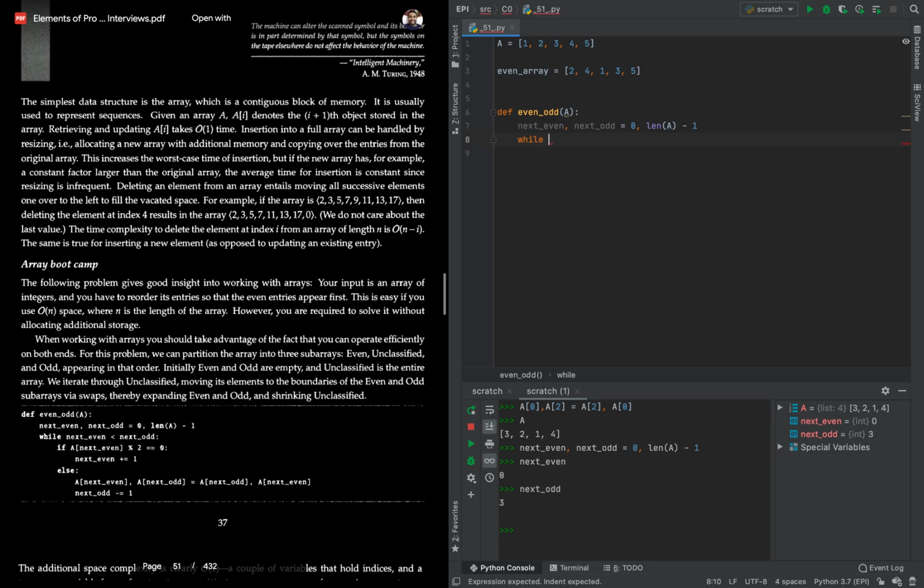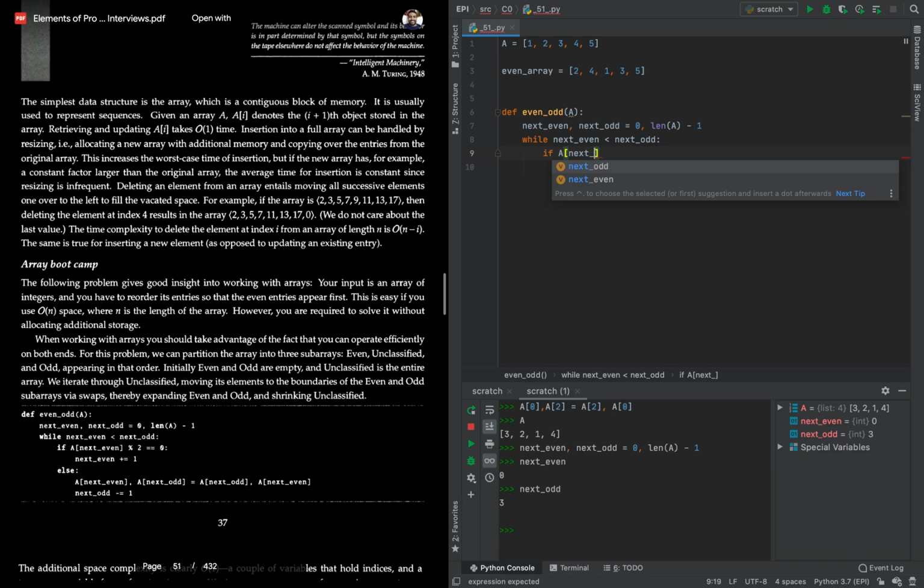While next even in this case is less than next odd. I'm just gonna work through this and then we'll try and get it. So why is it next even, next odd? This is kind of weird. I honestly don't know right now. We'll get there. If a of next even